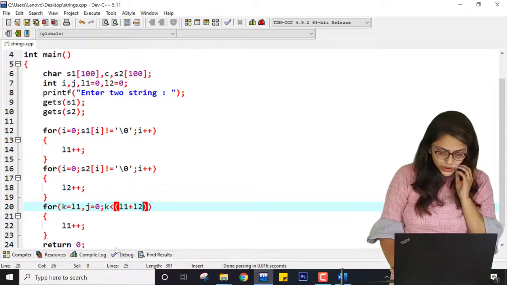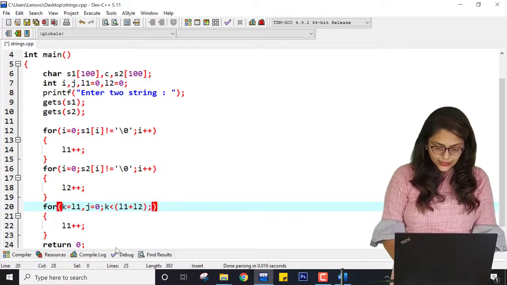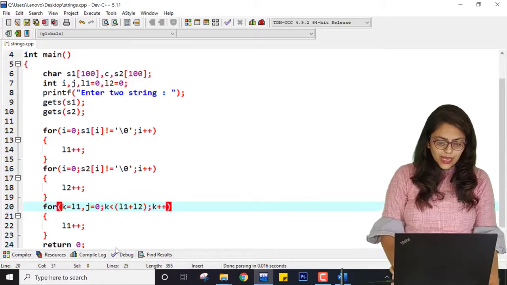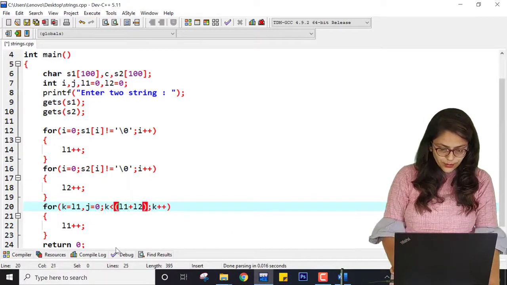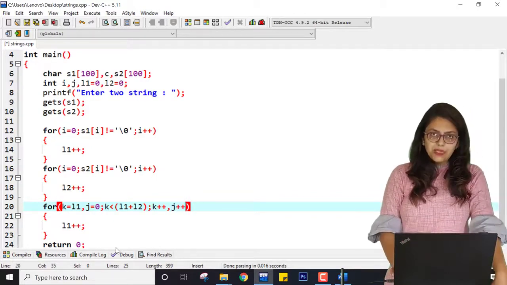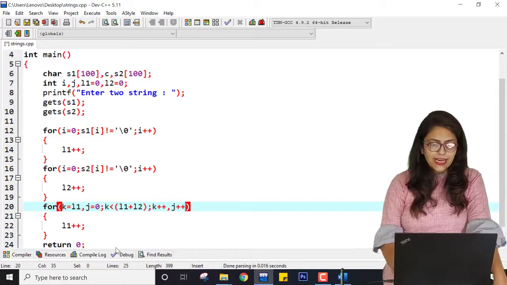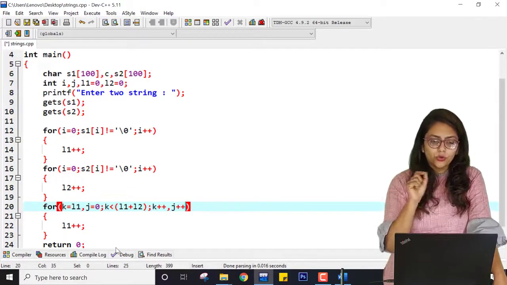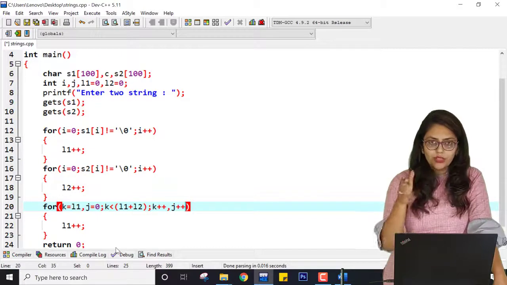So that's why this condition, and then k plus plus, and j will also plus plus, right? So k will range from 3 to 6 and j will range from 0 up to this, right?